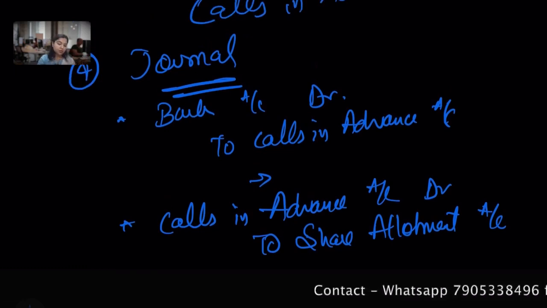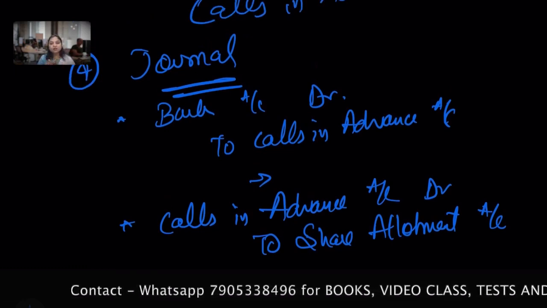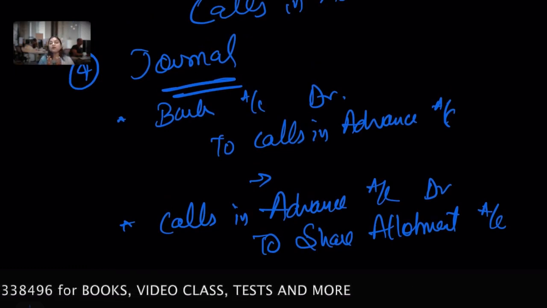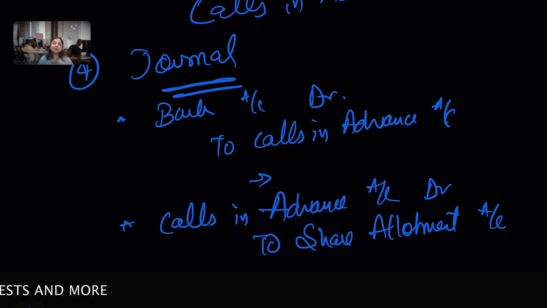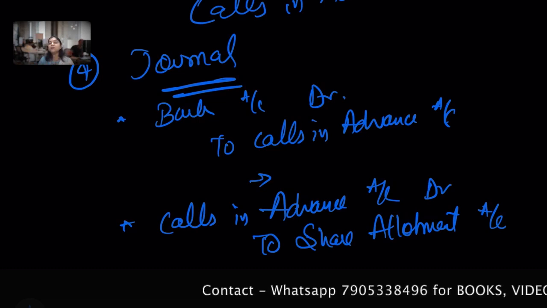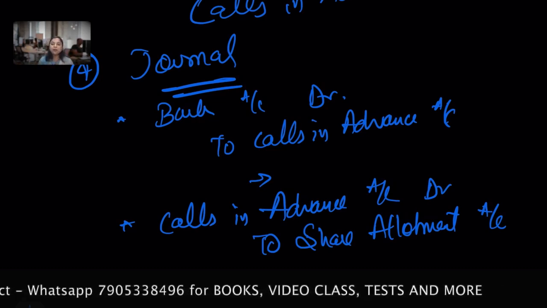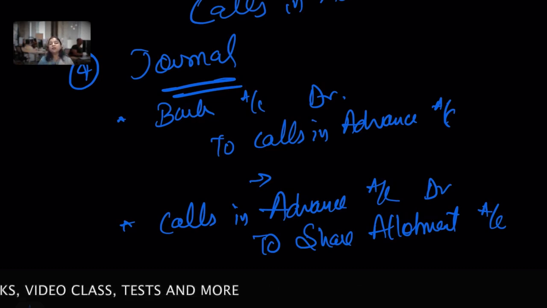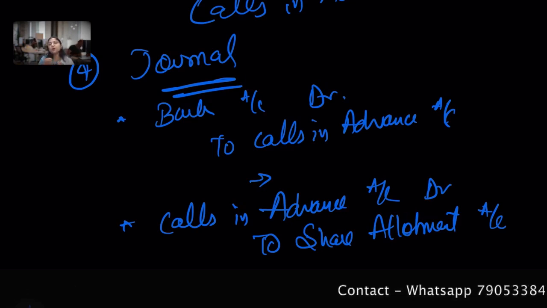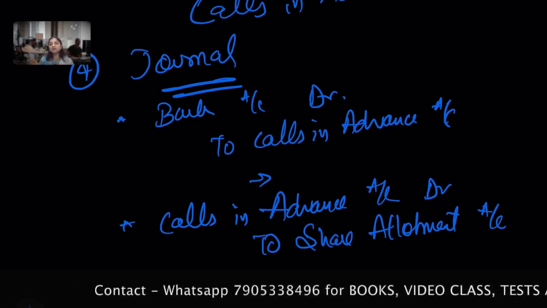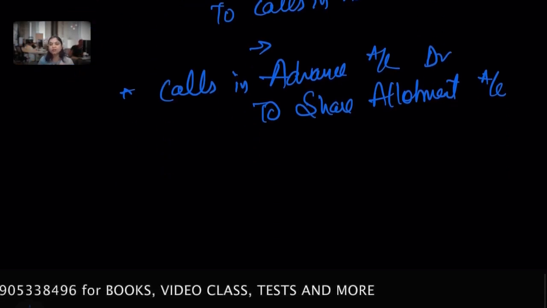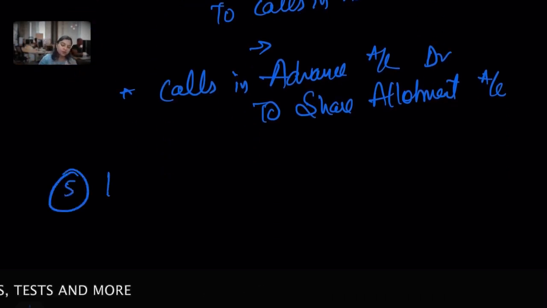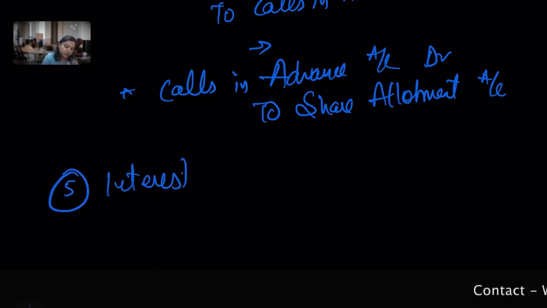Okay, so give me a moment to conclude in the other language. Okay, so journal entry accounting treatment क्या होगा, आपने कॉल्स इन एडवांस, हमने पैसे ले लिया, बैंक अकाउंट डेबिट टू कॉल्स इन एडवांस, क्योंकि कॉल्स इन एडवांस की वजह से पैसे हुए, और कल की डेट को जब हमने आपको कॉल किया कि आपने ये अलॉटमेंट पे करनी है या फर्स्ट कॉल पे करनी है, तो वो कॉल्स इन एडवांस जो आई हुई थी उस पर्टिकुलर डेट को जाके एडजस्ट हो जाएगी उस पर्टिकुलर कॉल्स के थ्रू. ठीक है. Okay, moving ahead with the interest portion.